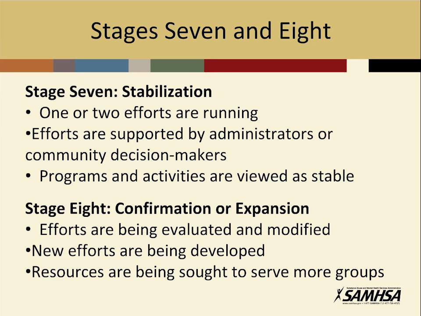Stage 7. This here is where communities have a few efforts that are already running. They're working. These efforts are being made by your leadership and the people in the community, that this is an effort that we want to support. Programs, activities, and strategies are pretty stable, and people are starting to know what they are and how to access them. In stage 8, confirmation or expansion, this here is where your efforts are starting to